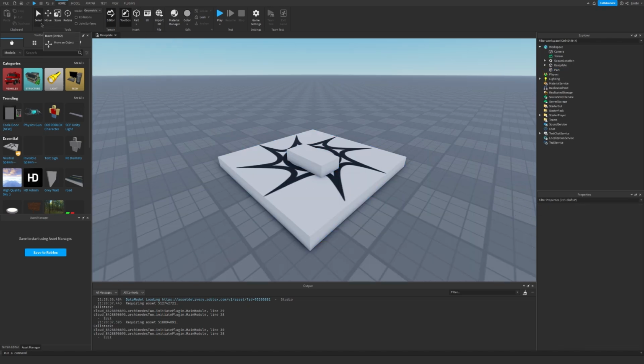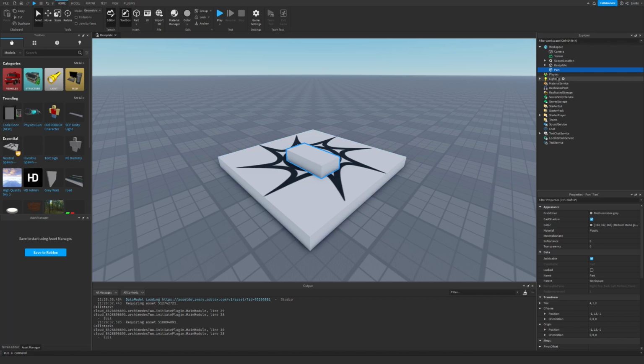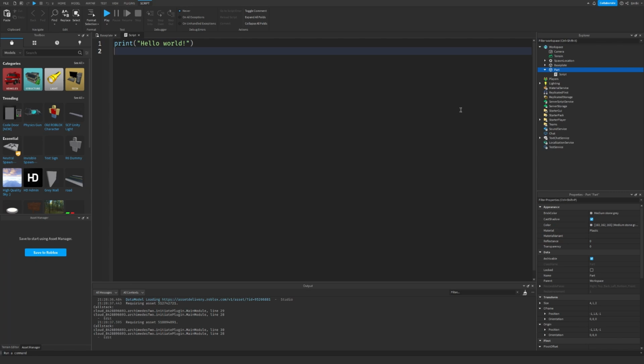Make sure the select tool is selected, and afterwards select the newly created part by left-clicking it. Now that it's selected, we can go over to the Explorer tab and look for our part. We can see it right here. Let's click the plus icon next to it and insert a script. Just like last time, we can select the placeholder text and remove it, as we will not be using it